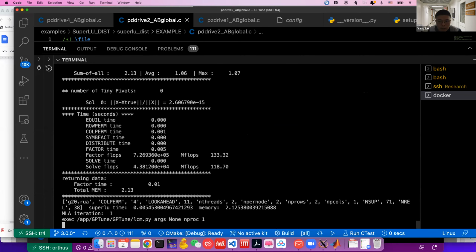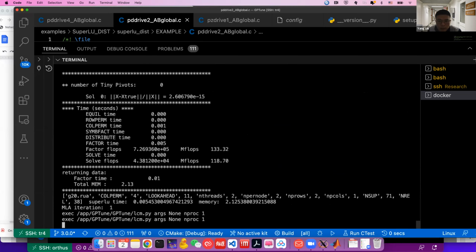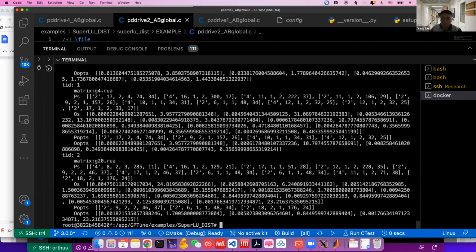So Kim has a question. In the MO case, why are there 11 P? Okay, so at the end of each tuning, it will show this OPT and OOPT, the optimal ones that are found. In a single object tuning case, you only see one sample, but in multi-object tuning, it usually will generate a bunch of them. Again, these are the samples on the Pareto front the tuner thinks it found. So 11 means there are 11 points on that front that none of the samples dominate over any other